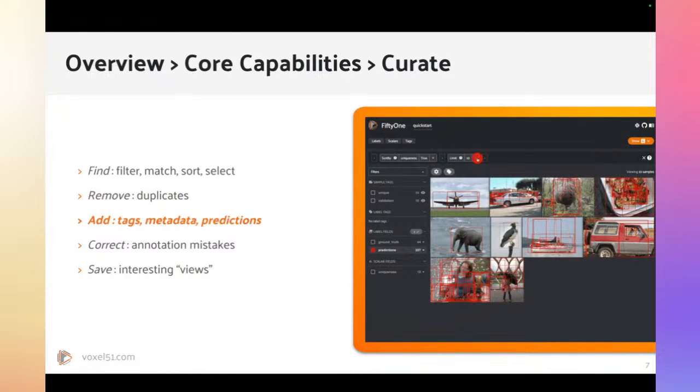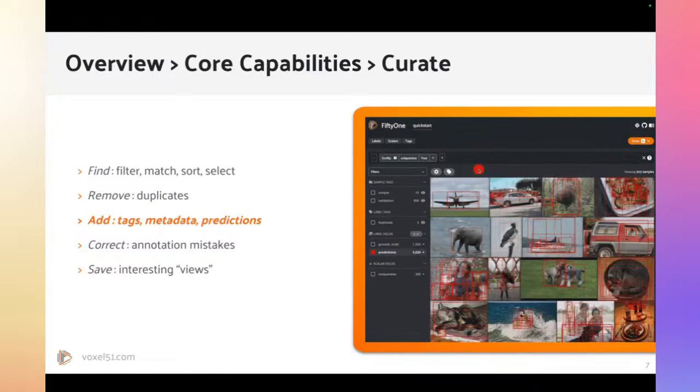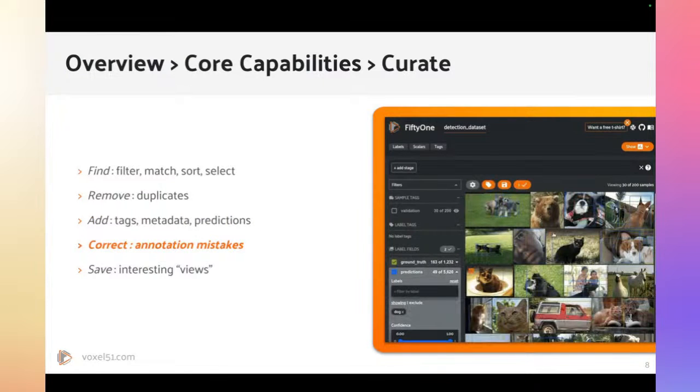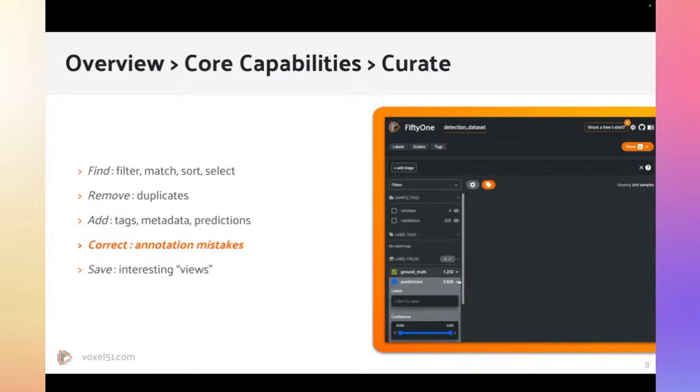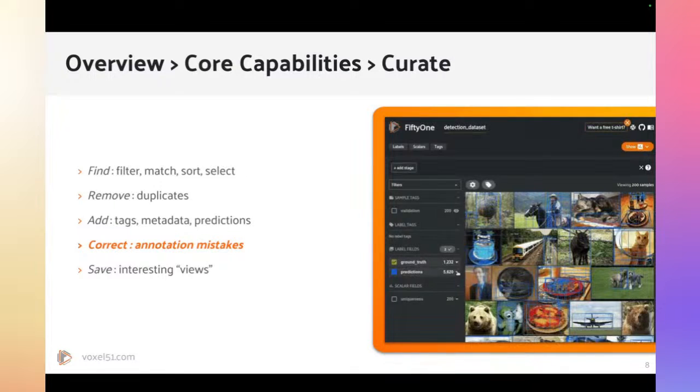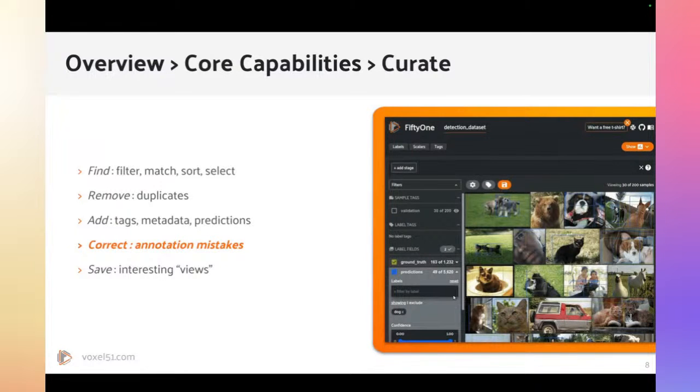You can do things like add tags, metadata, and predictions. Here we're just showing a very simple example of that. You can find mistakes. So this could be useful if, in a vision context, you have mistaken labels and you want to correct those so you can train a better model for image classification, object detection, or something else.